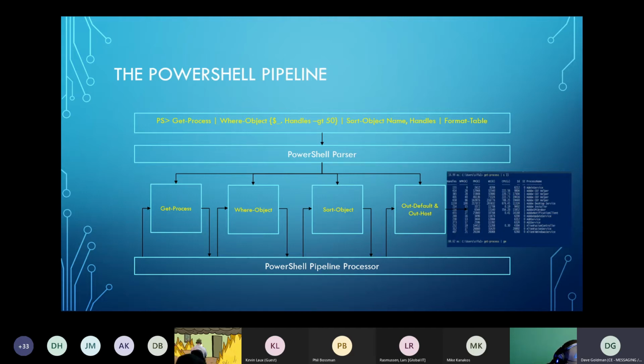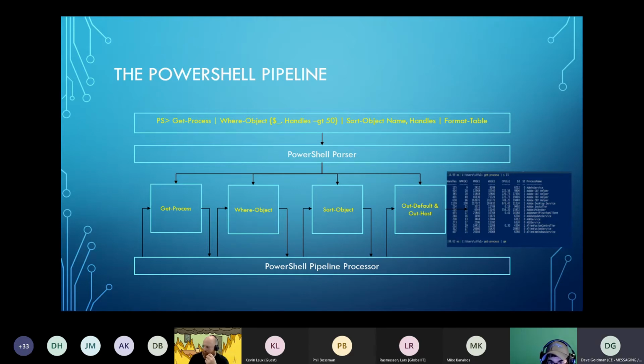So we ran a command, get process. Created a diagnostic process. It holds the information. As you saw, we passed it down the pipeline. Now, at the very end, before it gets to the screen, there's a command called out default. In the background, PowerShell adds that to every object before it's outputted, and there are two things that out default does. The first thing is it's responsible for communicating with the PowerShell formatting engine to look up views, and then it will send the output to the host. That's the console. What happens behind the scenes is that there are 4 checks that happen.